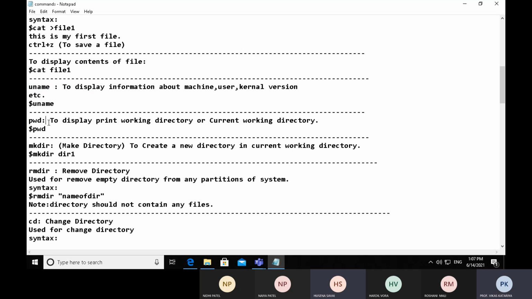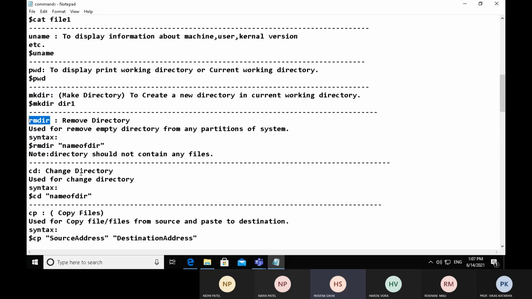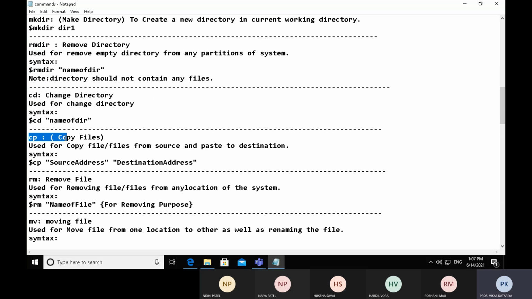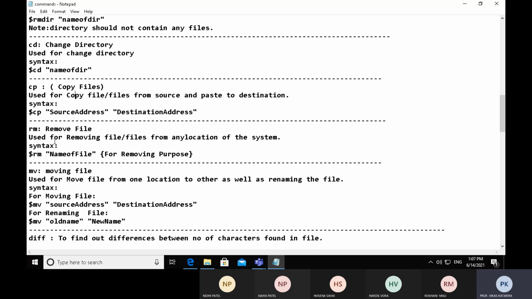What about PWD? Yes, sir. MKDIR, RMDIR, CD, they all are done. CP command, copy, we have done. Remove.